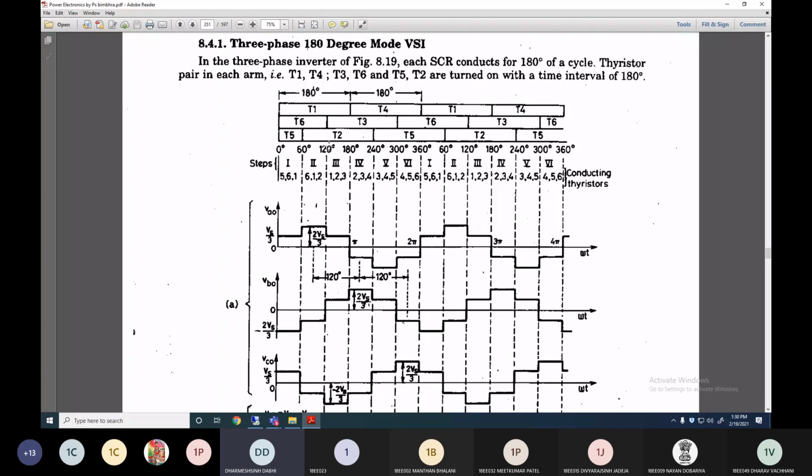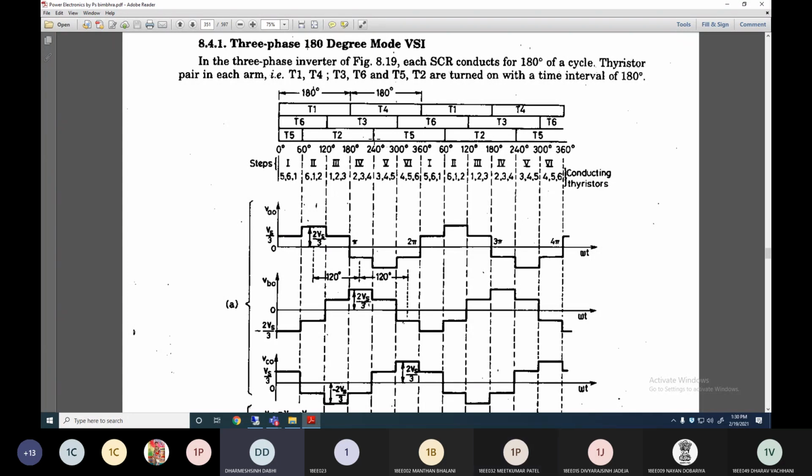So it means that in this first cycle, your T5 is conducting 120 degree before omega t is equal to 0. Understand or not? This is a 60 degree interval, but 120 degree before this instant omega t is equal to 0, your T5 is already conducting. Let's see the example of this case here. Clear? Here your T5 is conducting from 0 to 60 degree in the next cycle. But you can see where it starts conducting: from 240 degree. So from this point, 120 degree before, the T5 is already conducting. All of you understand or not?